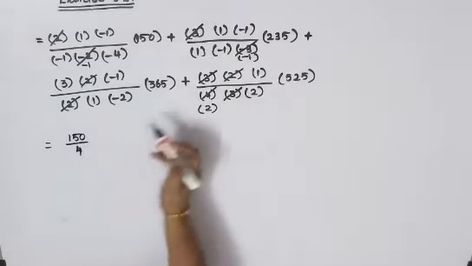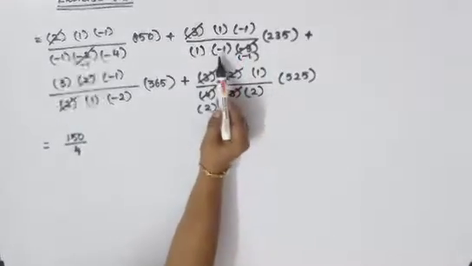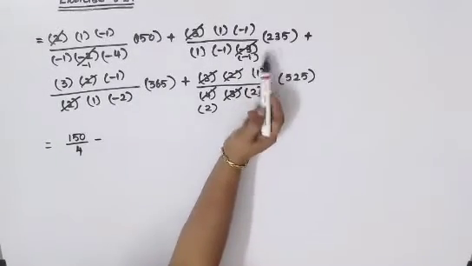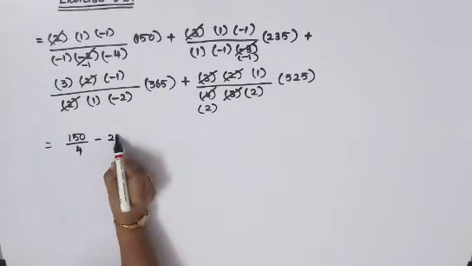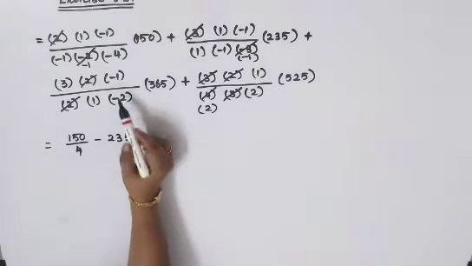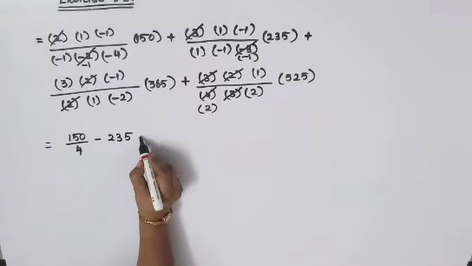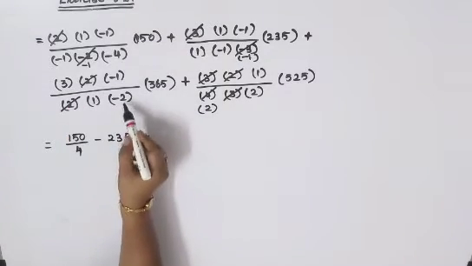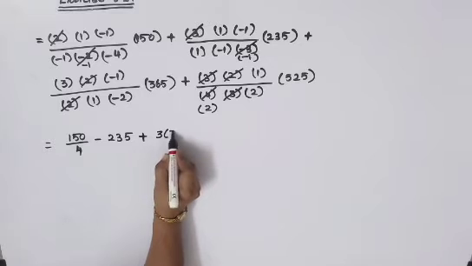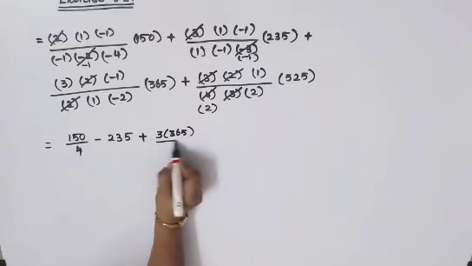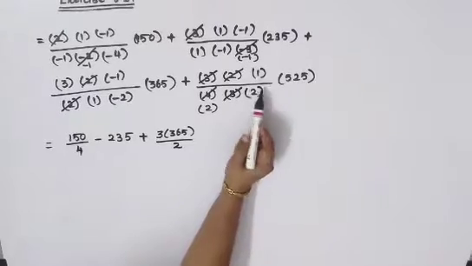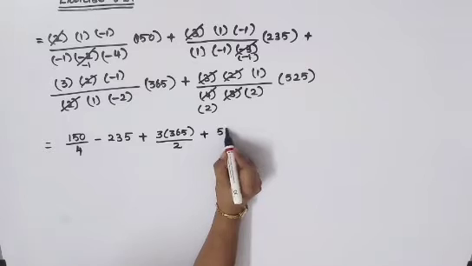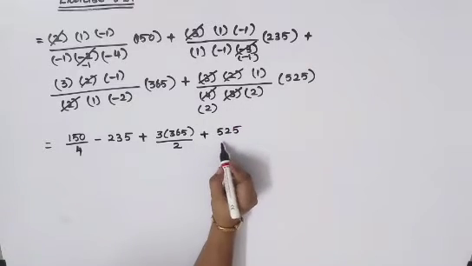Your second term is, again check your symbol, minus in the numerator, plus in the denominator. Minus into plus is minus. Nothing is there, only 235. Then here only minus and minus is there, so minus into minus will become plus. So the left out terms are 365 divided by 2. So 3 into 365 divided by 2. And here plus only everywhere, it is plus 525 in the numerator divided by 2 2's are there, so 4 you will get.